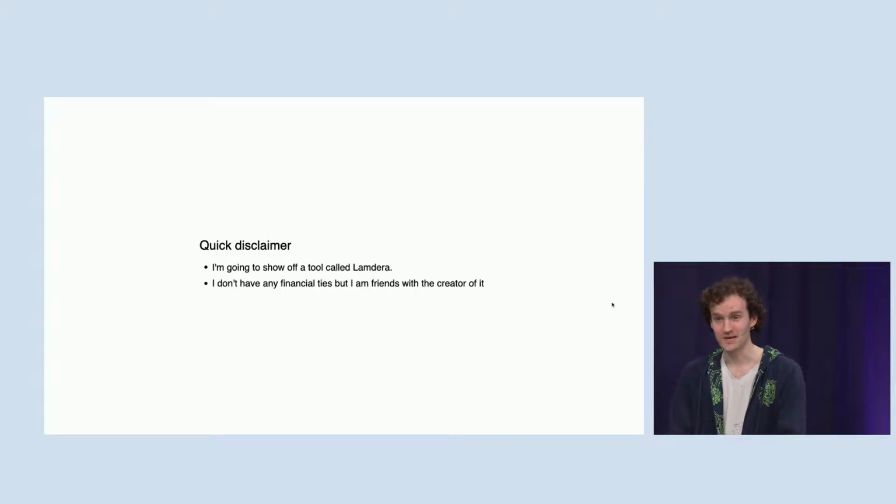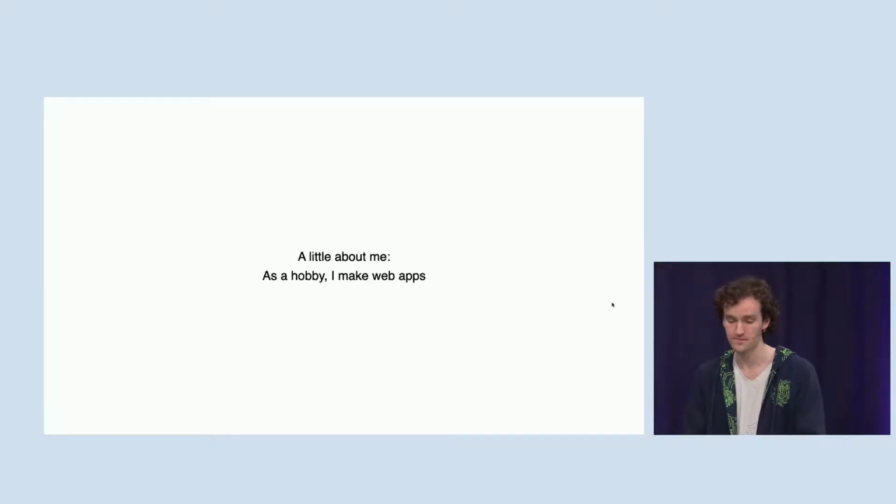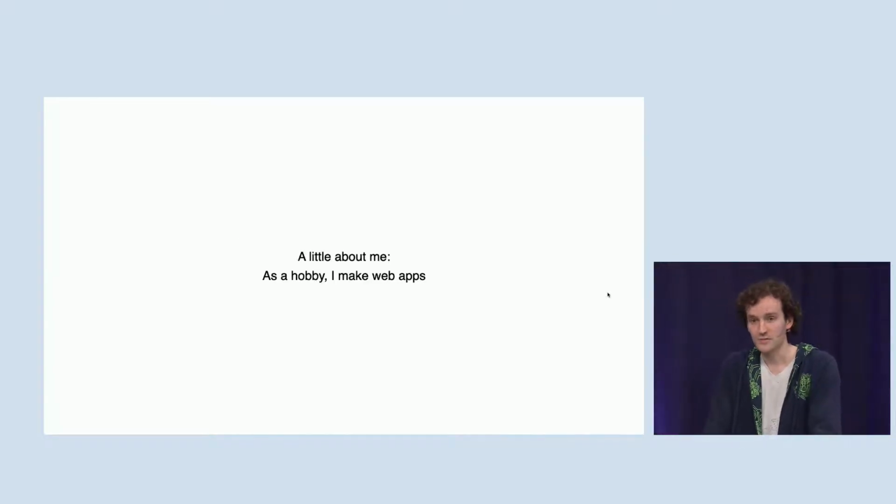Quick disclaimer, I'm going to be talking about a tool called Lambdarum. I don't have any financial ties with it, but I am good friends with the creator of it. Okay, a little about me. As a hobby, I make web apps. For example,